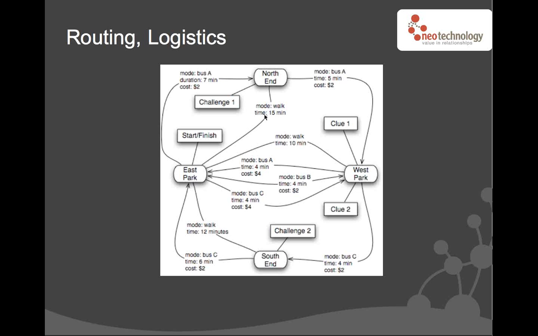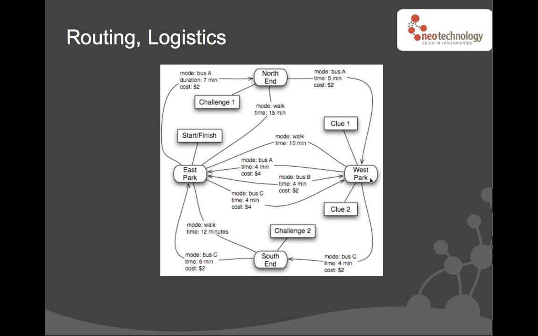This is like a special routing. There's actually a number of projects built on Neo4j that are doing routing. And one interesting approach that might be good for you to know is to actually combine the live graph routing with the pre-calculation. So you actually calculate the possible graph routes from a station to all the other possible stations in advance, and then you do live routing on only these,